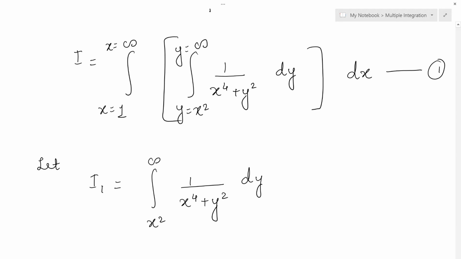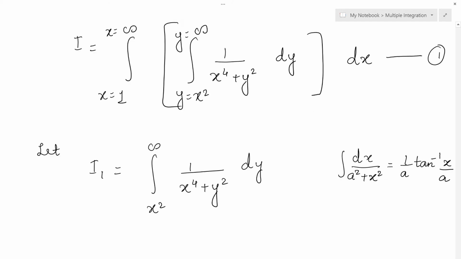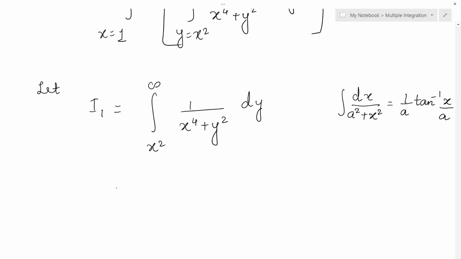Now you know that when I integrate with respect to y first, my x raised to 4 is a constant term, and you know this formula that if you have dx upon a square plus x square, we have seen in the integration formula, the answer is tan inverse of x by a. Okay, so we will use that formula over here because now my x raised to 4 is a constant. You can treat that x raised to 4 as a term. So this will be nothing but 1 upon x square